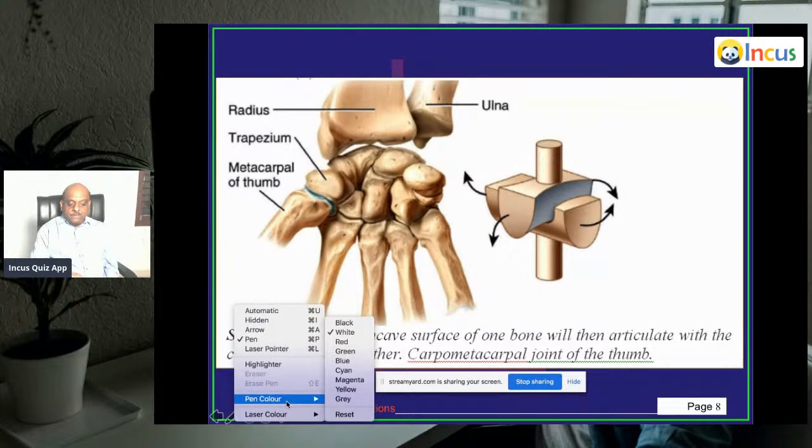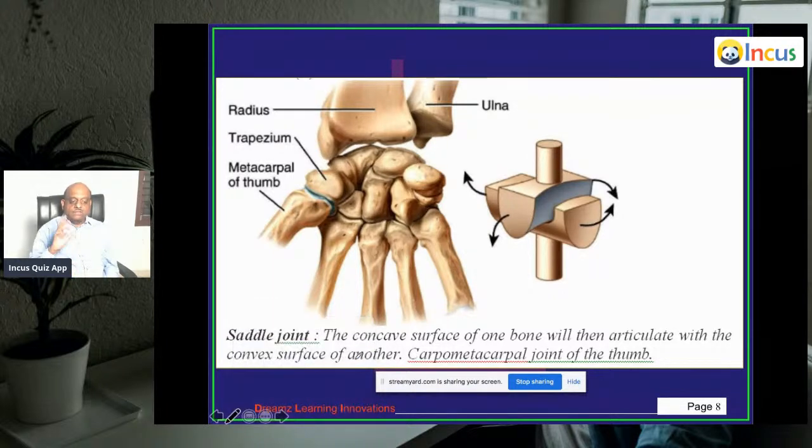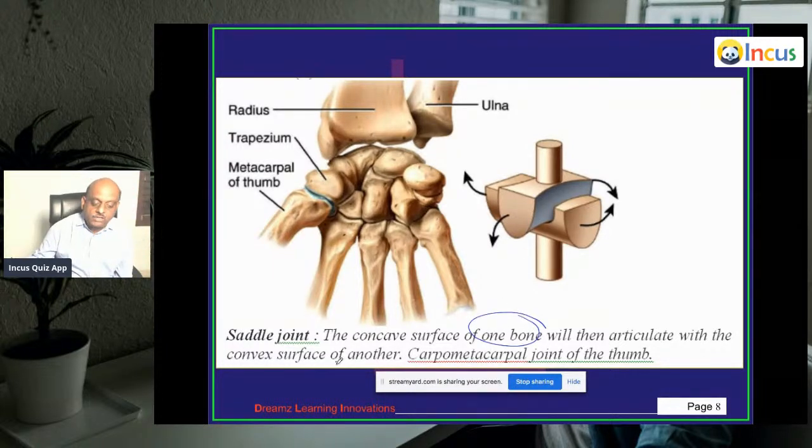So what is the speciality of a saddle joint? The concave surface of one bone will articulate with the convex surface of another bone. Another example of a saddle joint is between the carpal and metacarpal. So carpals, metacarpals, then phalanges. So between carpal and metacarpal,